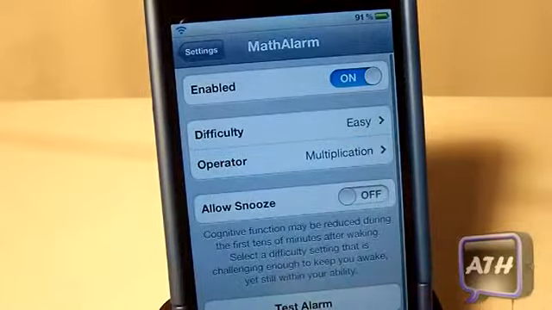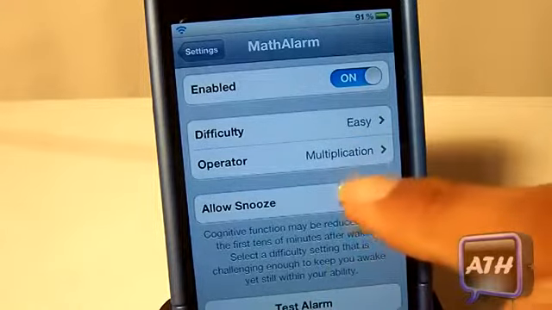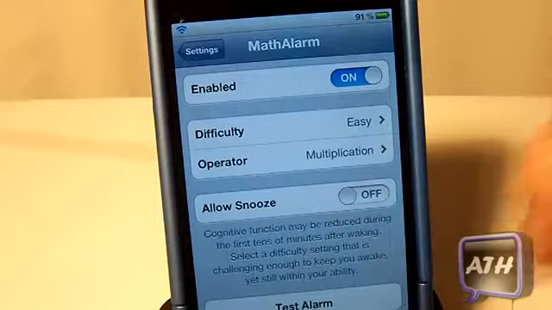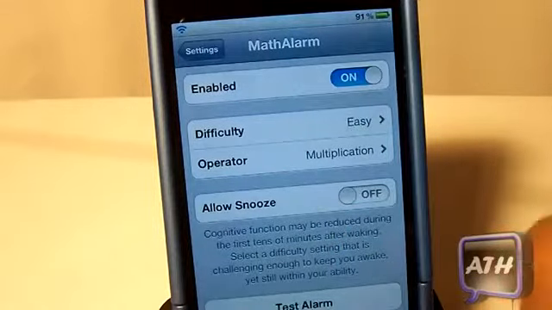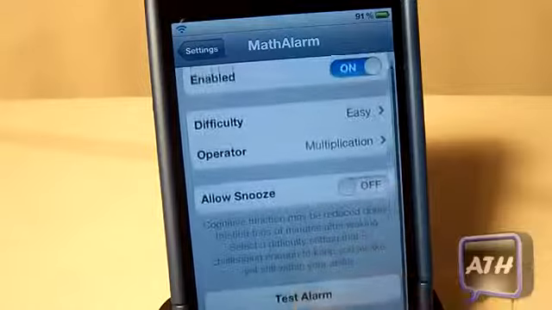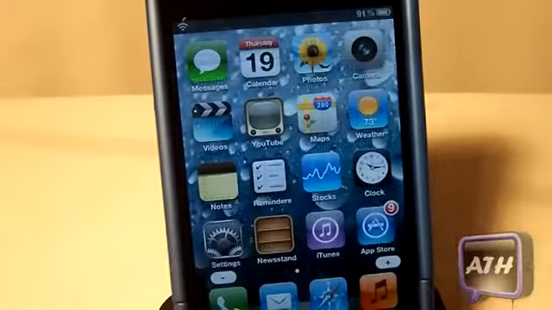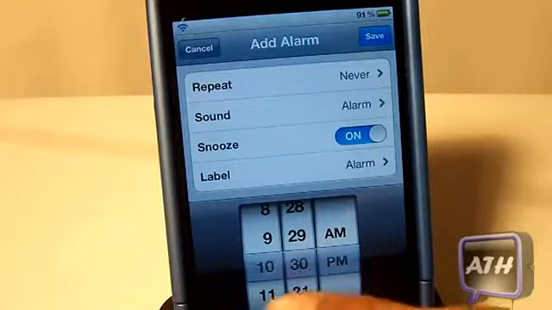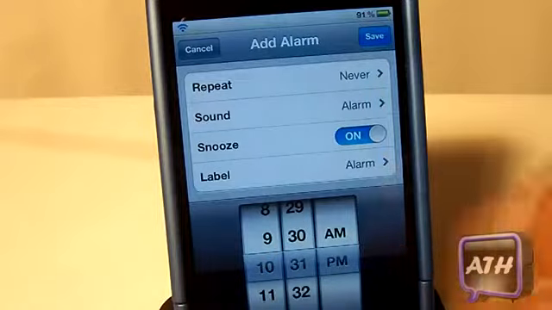Now the next option is always snooze. You can turn this on and it will just enable the snoozing, or if you want to be more challenging, you can not enable it and it will be a little bit harder. You have a test alarm down there, but instead of clicking that, I'm going to actually demonstrate it for you guys. So if I add an alarm, and right now it's 10:30, so I'm going to put 10:31